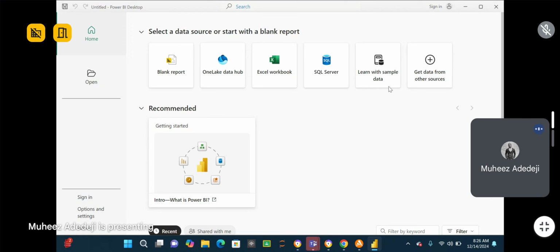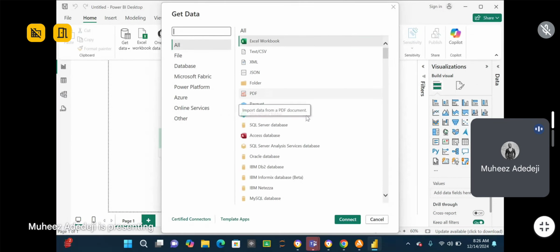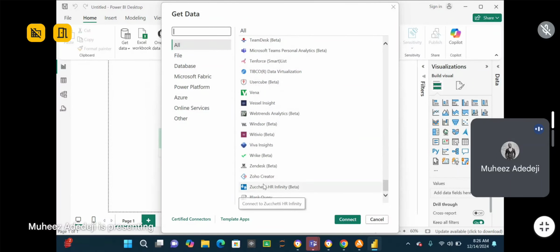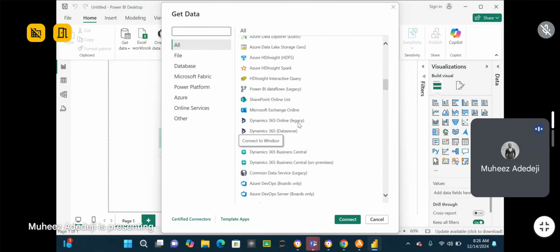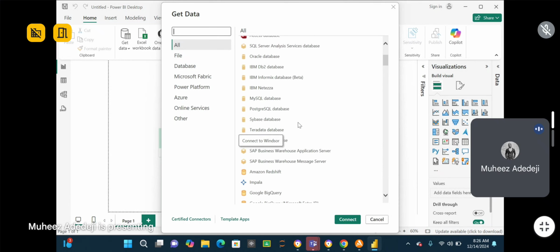If you want to bring in other data sources, see all of them. You can bring a PDF, a text file, XML, JSON, like you can take virtually all kinds of data that you can think of. See, it's really plenty, right? But in most cases, it depends on where you work. You really might not need to use the majority of them. So for now, we'll just be focusing on bringing your data in through